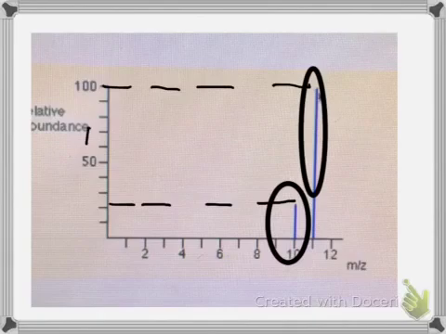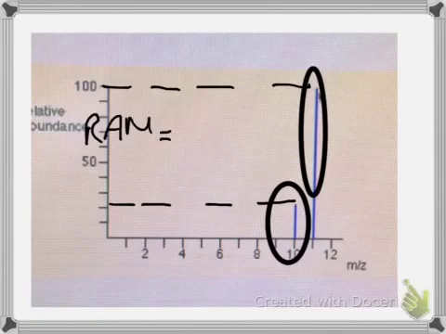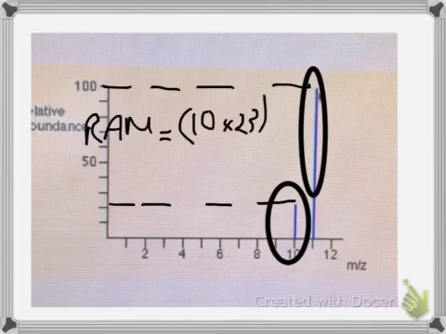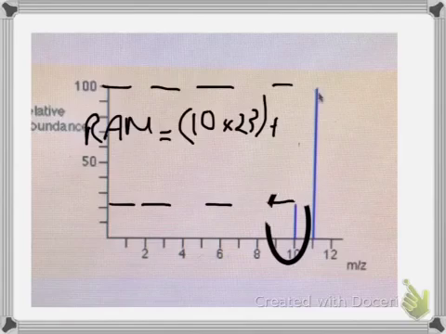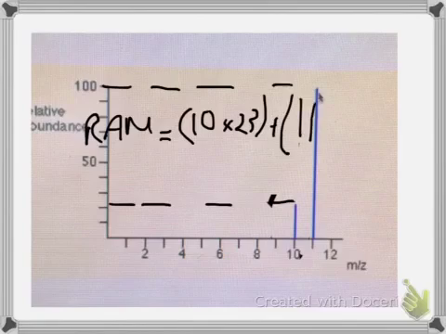So my relative atomic mass is equal to my isotope 10 times its relative abundance, plus my isotope 11 times its relative abundance,